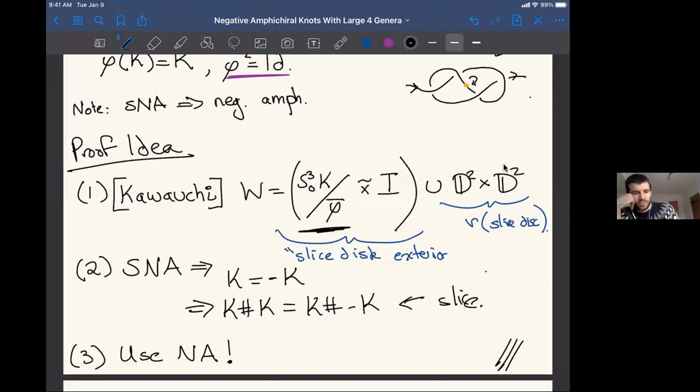Okay. I should note as well that until very recently, it was open whether all rationally slice knots were strongly negative amphichiral, or a little bit more precisely, whether all rationally slice knots were concordant to strongly negative amphichiral knots. But it turns out that's not the case, due to very recent work of Hom and others, joint work of Hom with others. In particular, if you take the figure 8 knot and take n-cables of it,